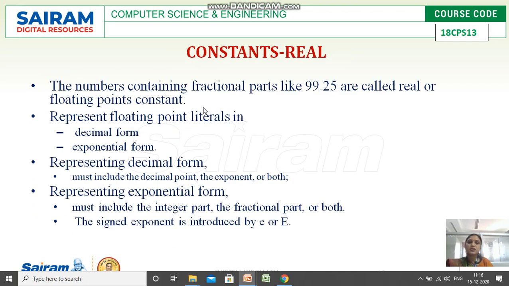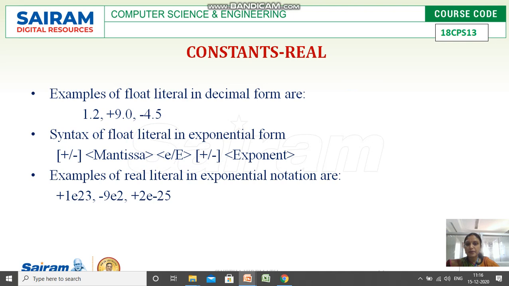Next, coming to real constants. Numbers containing fractional parts like 99.25 are called real or floating point constants, representing floating point literals in decimal form and exponential form. In decimal form, it must include the decimal point, the exponent, or both. The exponential form must include the integral part, the fractional part, or both. The signed exponent is introduced by e or capital E. So examples for these are